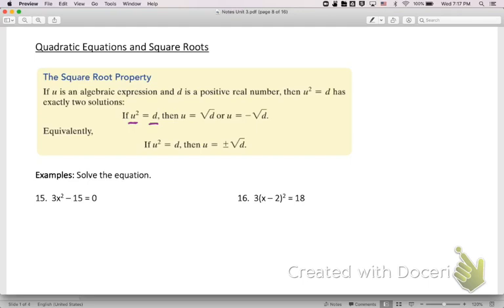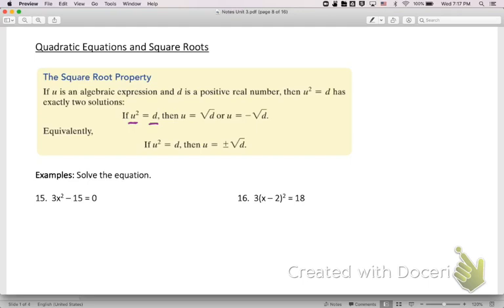The rule is always that when you take the square root of both sides, you get either the positive or the negative root. Remember that that happens when we introduce the square root. Not just because there's a square root there, but when we use square root as a tool, that's when we get plus or minus. So if we look at number 15, for example,